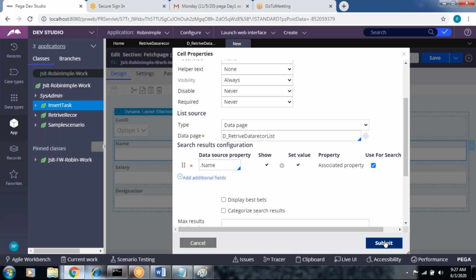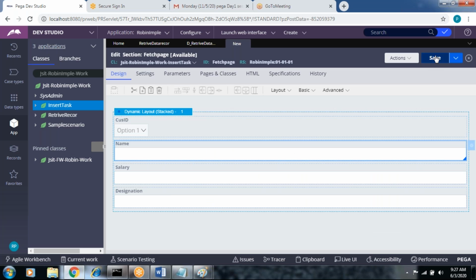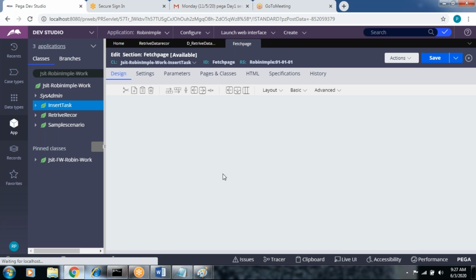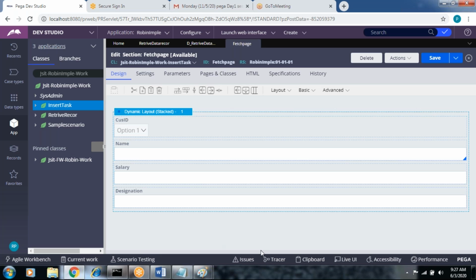Okay, let's click on submit it and save. Fine. This is for section. Fine. This section is created, right?